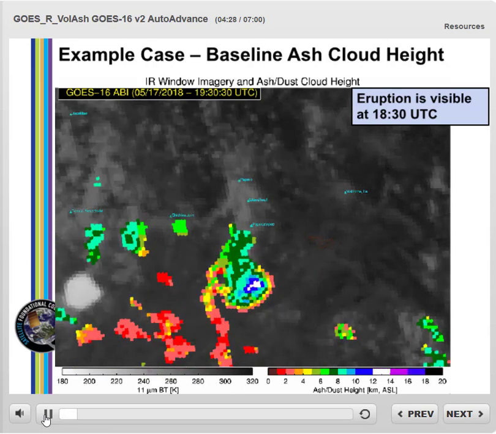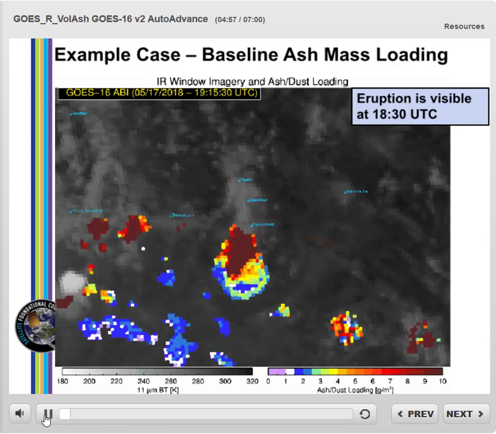The GOES-R baseline ash cloud top height algorithm provides pixel height estimates for all pixels that might contain volcanic ash. Only those pixels that are confidently non-ash do not have height estimates. The ash cloud from Popocatépetl shows up nicely, but there are plenty of pixels identified as having ash cloud height that don't. This is why you must verify the GOES-R baseline algorithms with other information from individual bands on ABI or on AHI. Similarly,